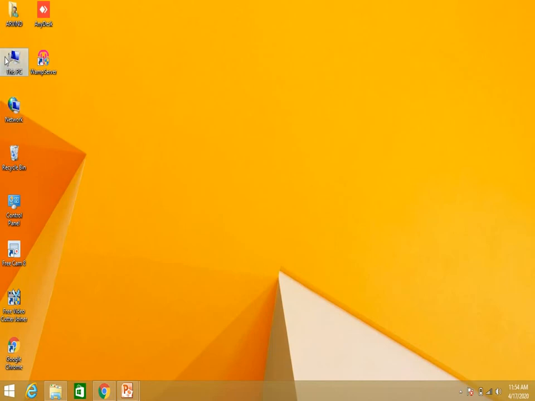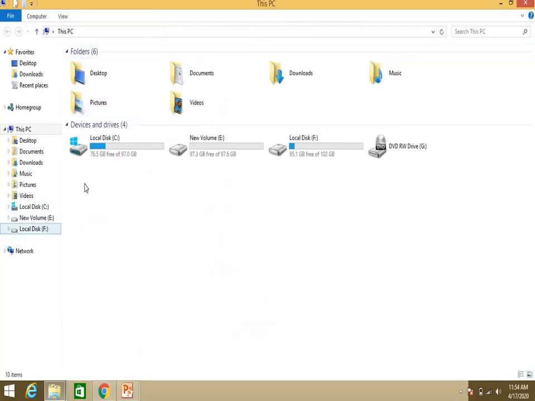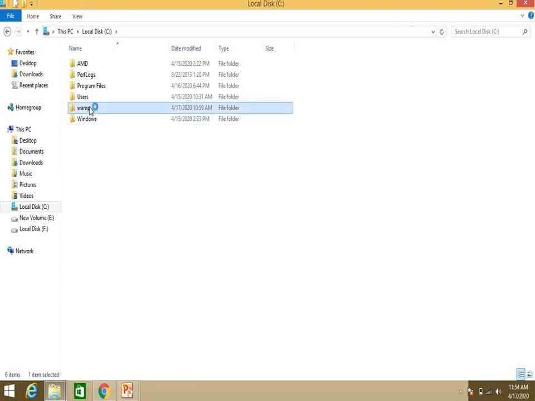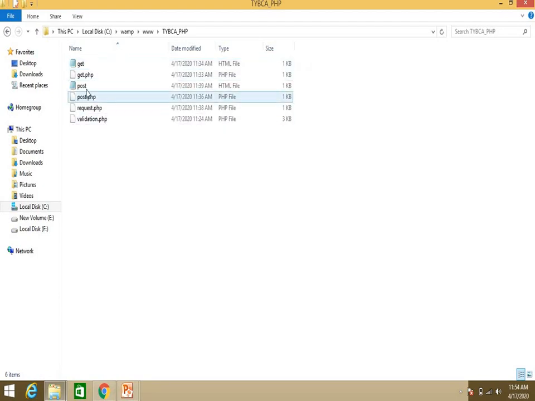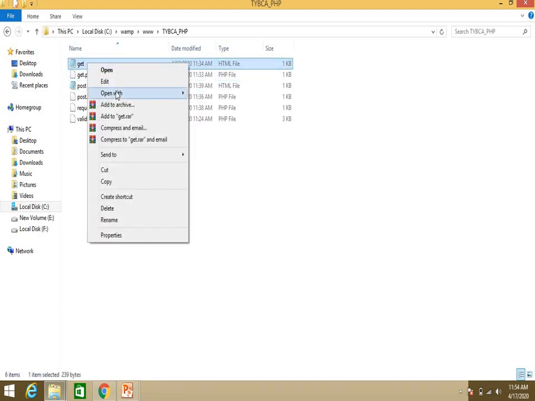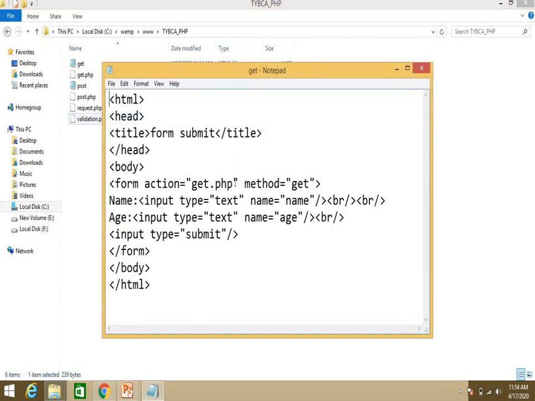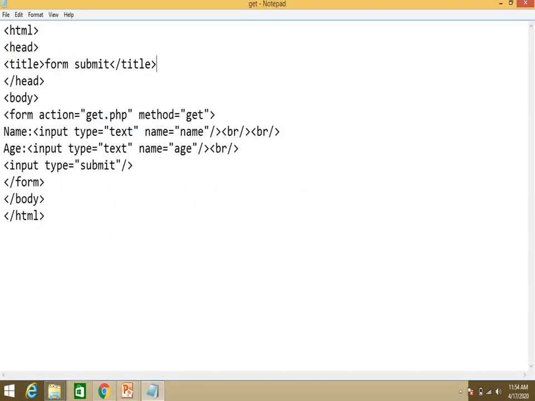See, all of you know where the PHP programs are to be saved. So we have a folder, the WAMP, in that we have www. So first let's see the get method. Okay, open with Notepad. So let's see what I have done over here. I have written the code for a form. See, action equal to, you can write anything, but I've given get.php, which means on the submit button you are calling this program, with method equal to get.